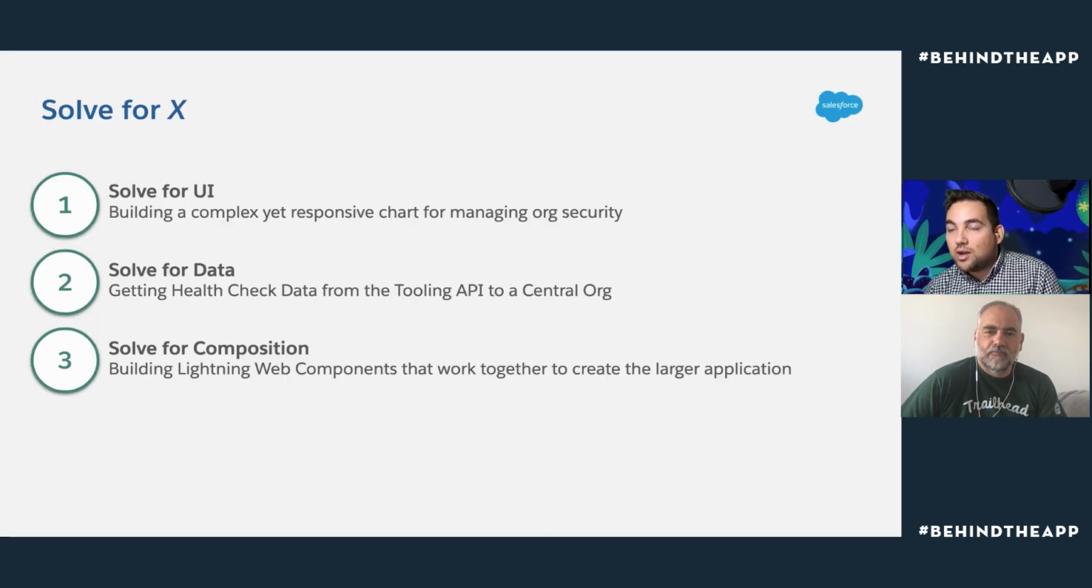And today we're going to be solving for three things. We're going to be solving for the UI and understanding how we can build a complex yet responsive sort of chart for this information, for this data, that the users can interact with, that one that we were looking at a second ago. We're then going to solve for data and talk about how we've been able to get that health check data from the tooling API into the central org in a nice shape that we can work with